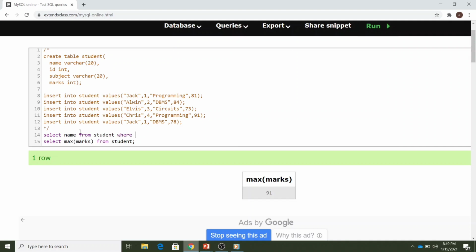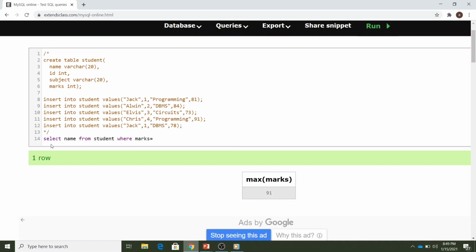So select name from students where marks equals the maximum marks. And we have already seen the query for maximum marks. So if I just cut it from here and paste it here, I think this query is complete.